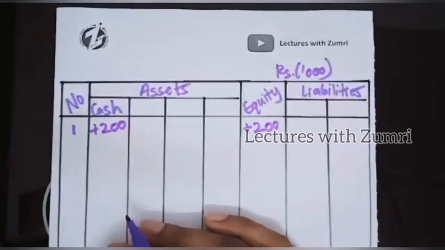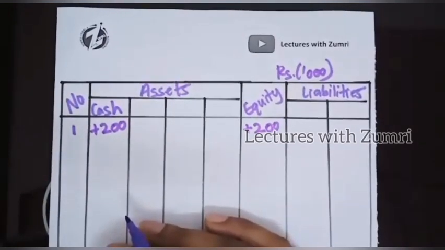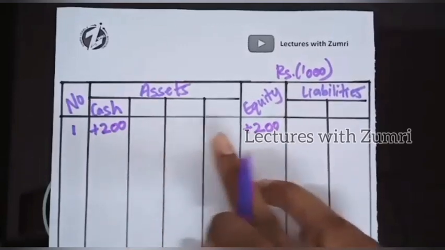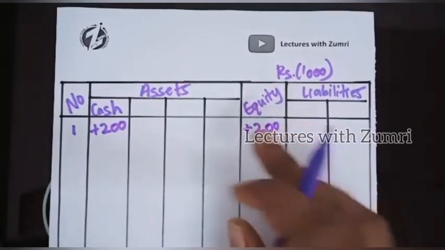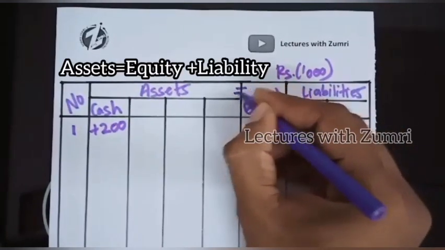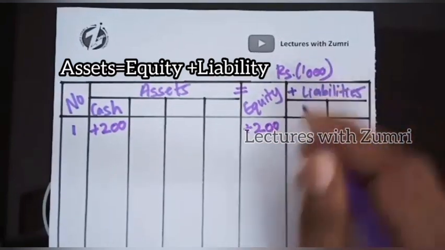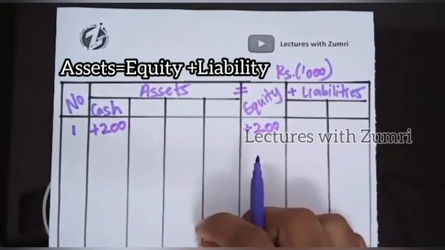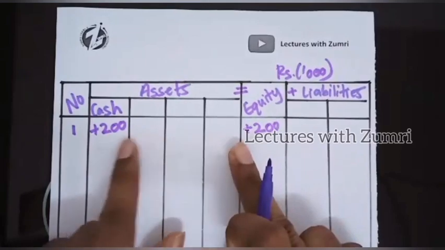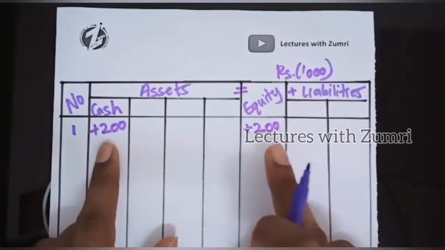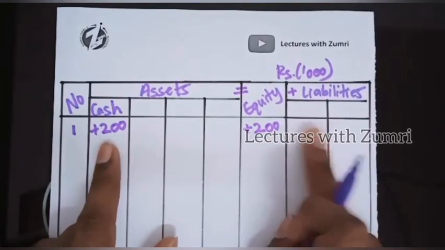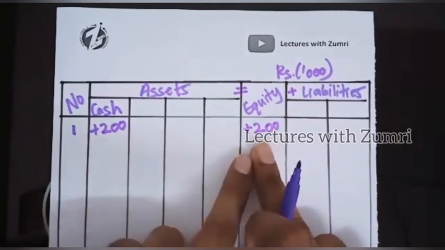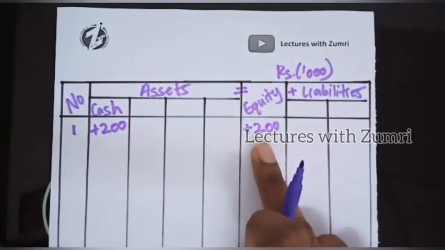recording any transaction. What you have to see is you have to always check whether the equation is equal or not. So what is our equation? Assets equals equity plus liabilities. So we can see here on the asset side there is a plus 200, and also on the equity side we have plus 200 plus zero here. So 200 equals 200, right? That may be clear for you. So the next one,